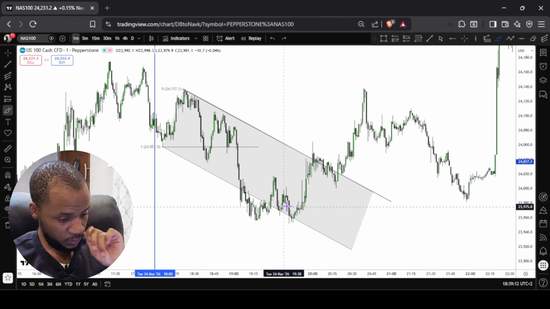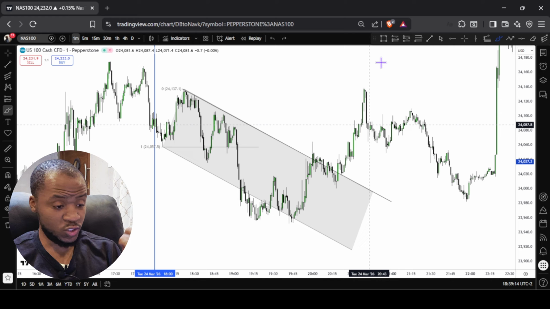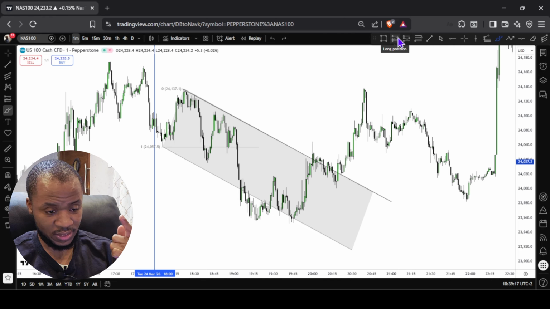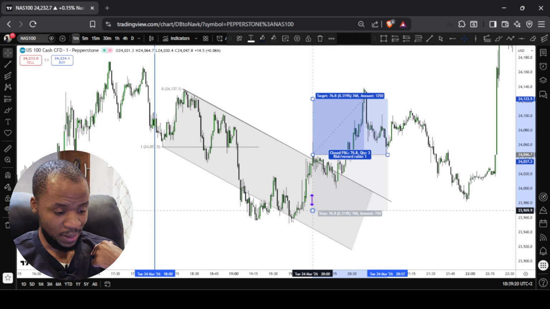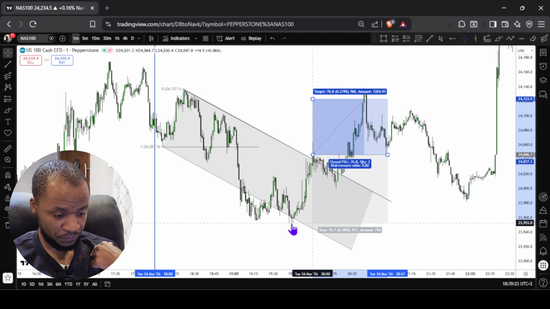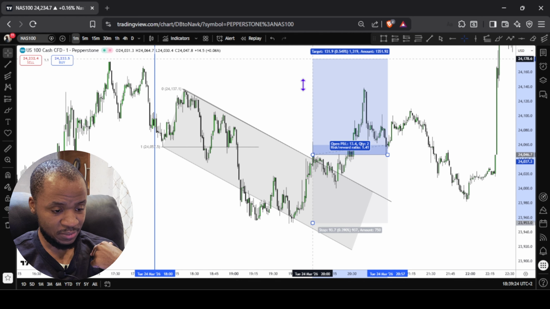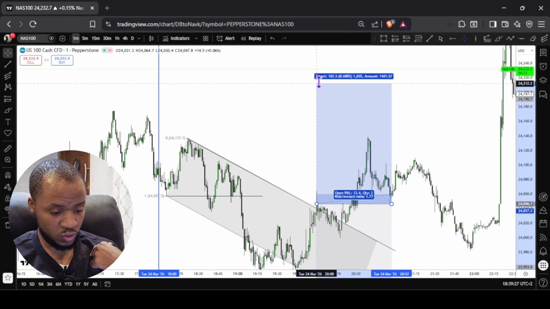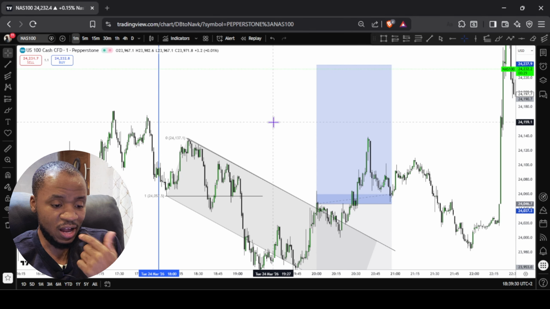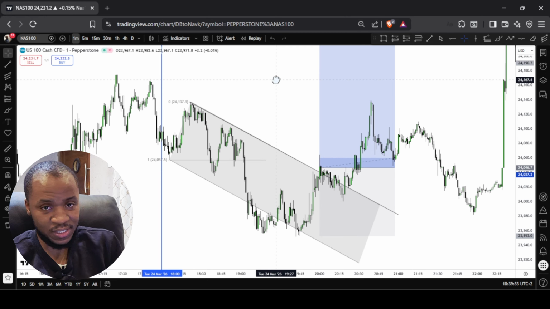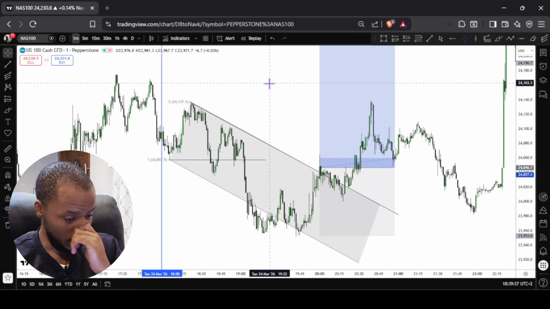So now, how do I enter? I told you guys in a previous video, for me, I don't mind entering here, my stop loss here, and then my take profit at 1:2. I told you that I don't mind doing that because I've been trading this for a while now. I even know that there's a high probability chance that it's going to hit take profit. But